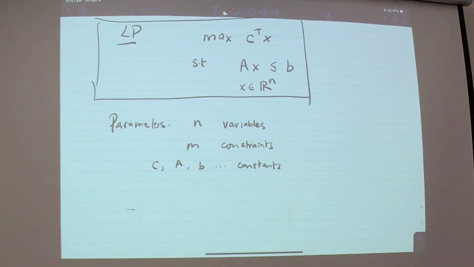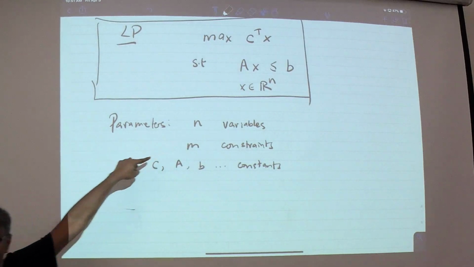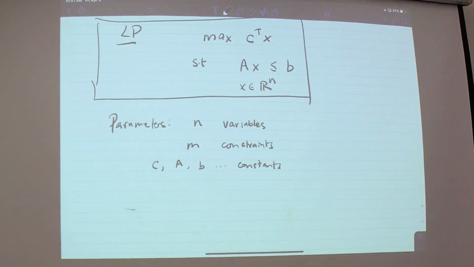The question of whether you can design a linear program algorithm that's polynomial and depends only on these two things and nothing else is a big open question. To this day, we don't know the answer. In other words, you might say, look, I don't want the running time of my algorithm to depend on the values. I want it to depend on the real size of the problem, but not the values of the problem. It should be independent of that. It shouldn't matter what the actual values are of C, A, and B. Only the combinatorial complexity should matter.